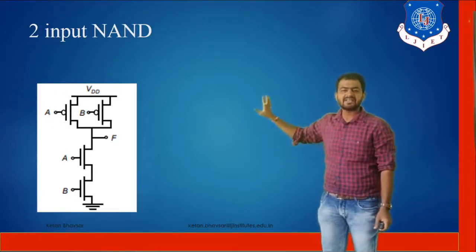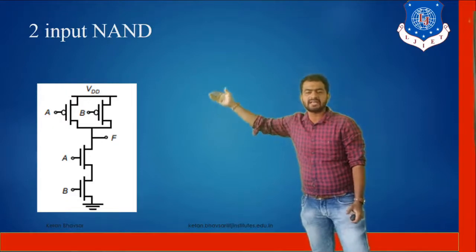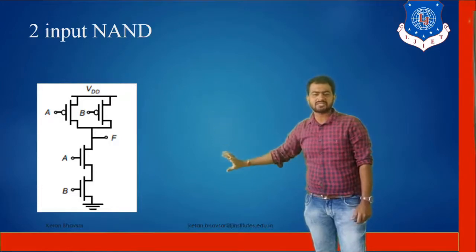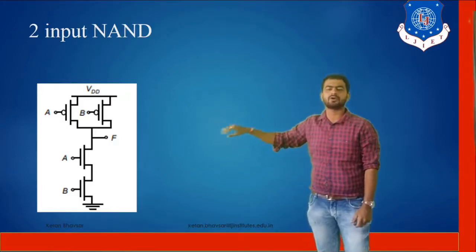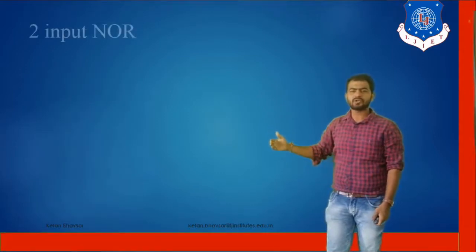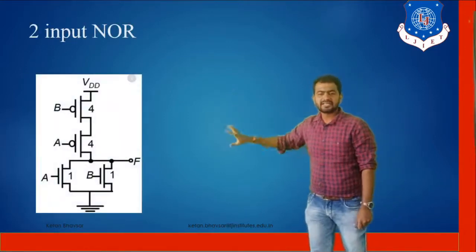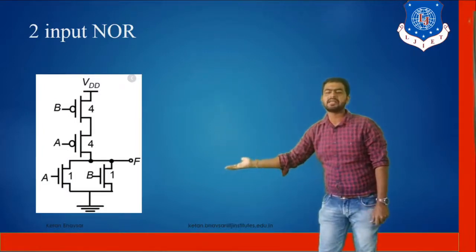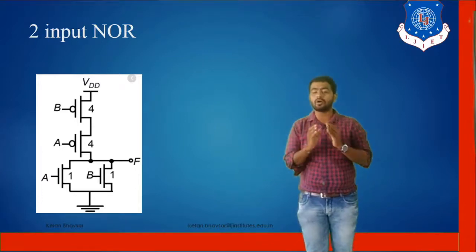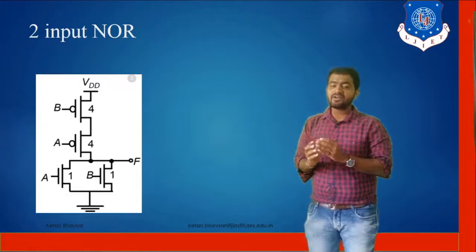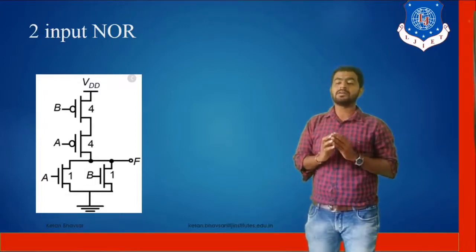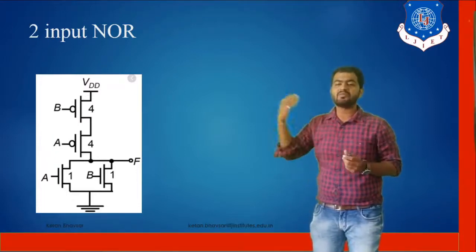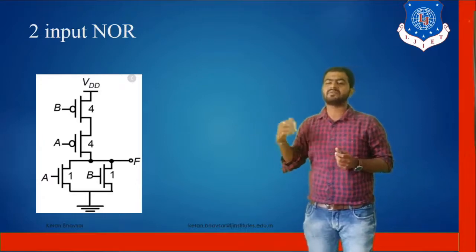So as you can see, we are designing a simple NAND gate based configuration. A and B are connected with the PMOS and also with the NMOS. PMOS is connected in parallel and NMOS is connected in series. Similarly for the NOR gate, we connect the two input terminals together. The PMOS is connected in series and ultimately NMOS is connected in parallel form. So the design of the NOR gate is totally opposite to the NAND gate configuration. If PMOS is in series, then NMOS is in parallel. If NMOS is in parallel, then PMOS is in series.